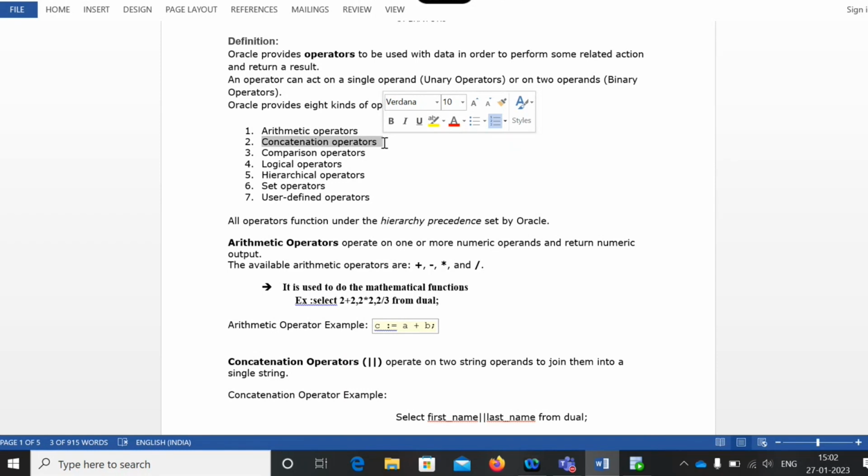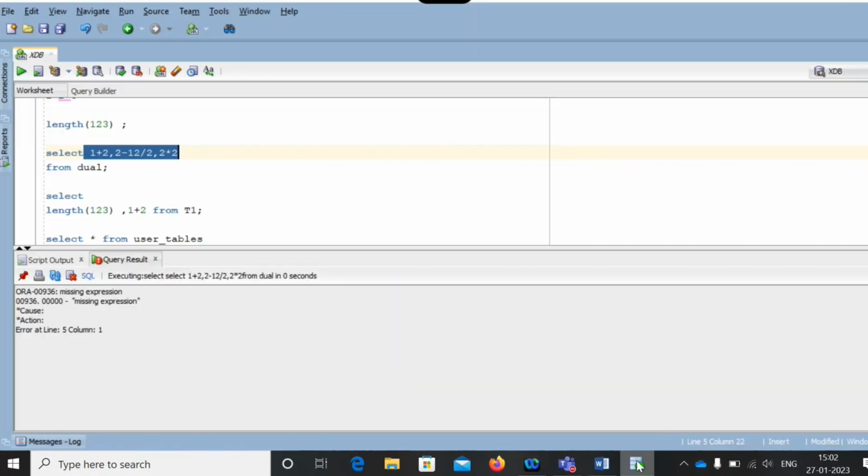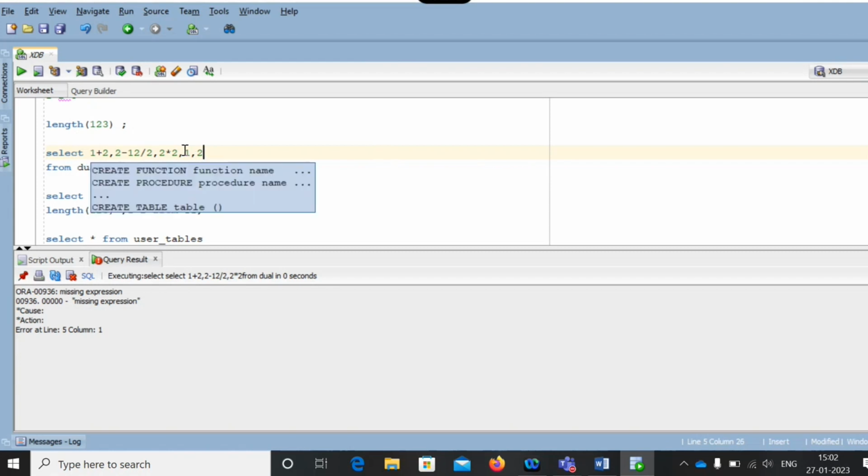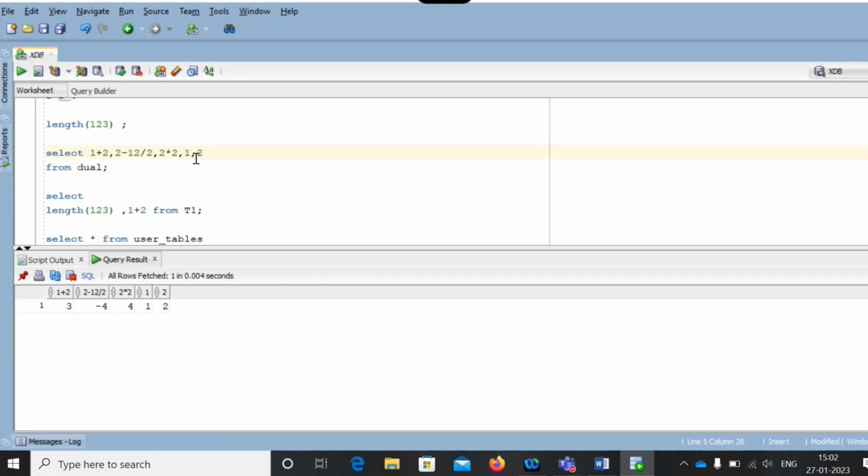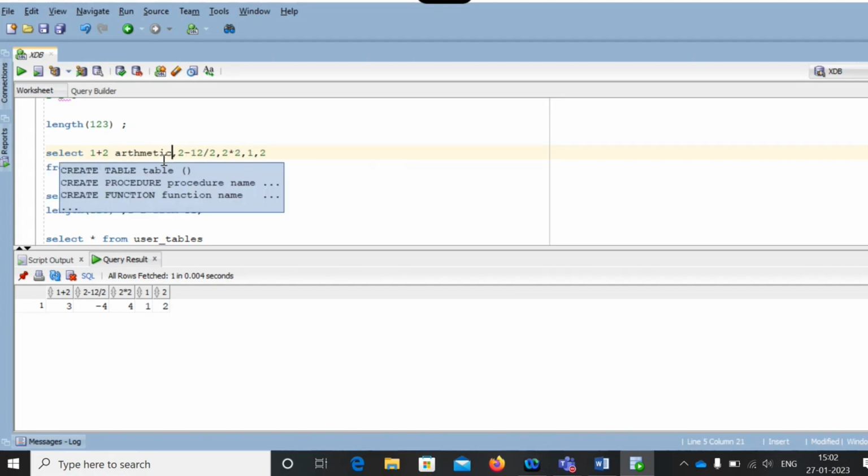Okay, we have 1 and 2. So if you want to make it 1, 2. Now I need to showcase my value, like I have 1, 2. I need to display it as 12 for this. These two values, I need to make it as one. See, here I'm providing some name for this expression. 1 plus 2 we have, right? I'm giving some name for this, simply arithmetic. And this way I'm doing a subtraction.